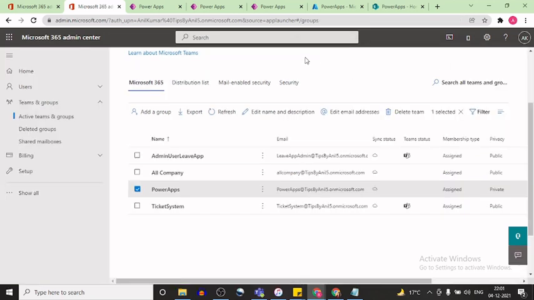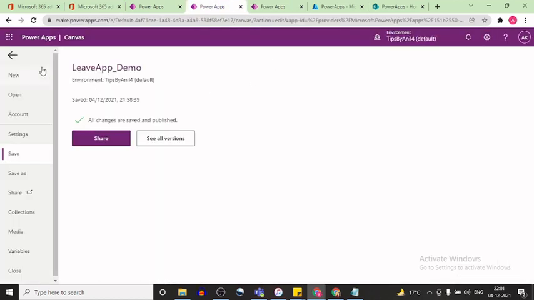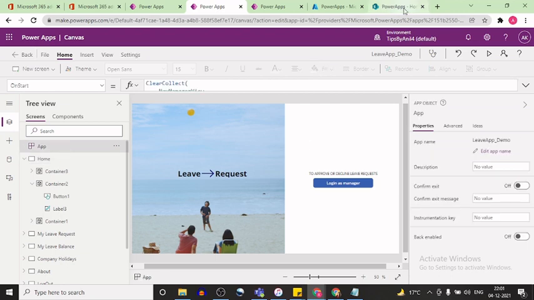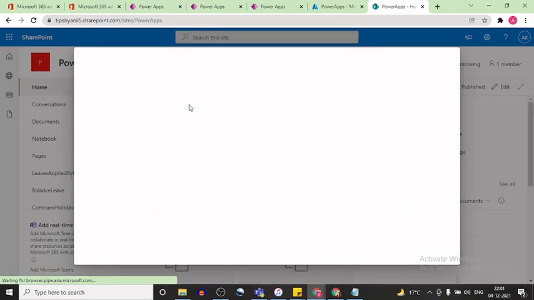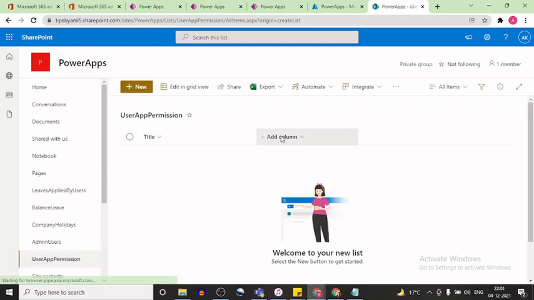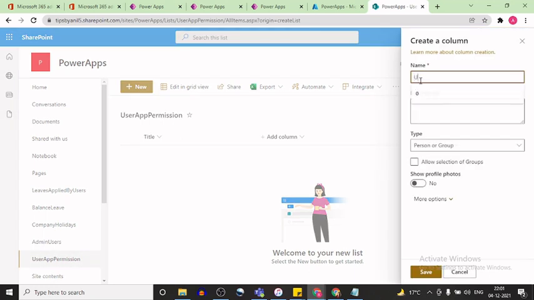All right, now this is the first way. What is the second way? The second way is I go back to my application, and here I go into SharePoint, and in SharePoint I create a blank list, user app permission. Click on create, and here I will create a column that will be person type. Okay, user,